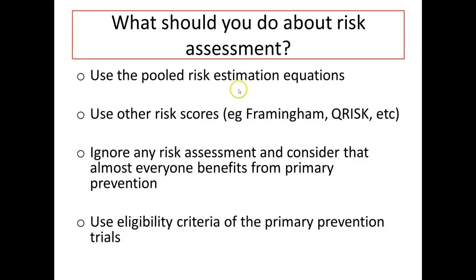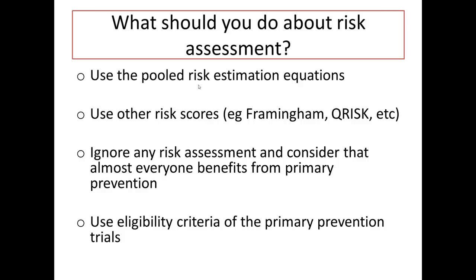So one of the things you could do is just use the new equations, understanding that there's probably a little bit of overestimation of risk, and say, I don't care. I think statins are a great thing. More people should be on them. You could use other traditional risk scores, which we have used and have been validated, like Framingham. There's Q-risk, and there's a nice paper in the British Medical Journal from 2012 reviewing the various risk tools that